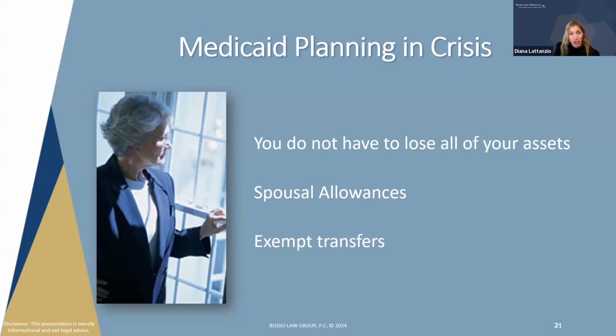There are some exemptions to transfers, so that even if you didn't think ahead and plan ahead, you can transfer your assets to a spouse, even at the time of a crisis, and still protect and preserve your assets and qualify the spouse that needs the care to enter a skilled facility and apply for Medicaid to cover the cost of that. Or if you're in a situation where you have a predeceased spouse, but you have a disabled child, and now the surviving parent needs the help and needs to be in a facility, you can actually transfer all of your assets to that disabled child and still qualify for Medicaid and protect and preserve everything.